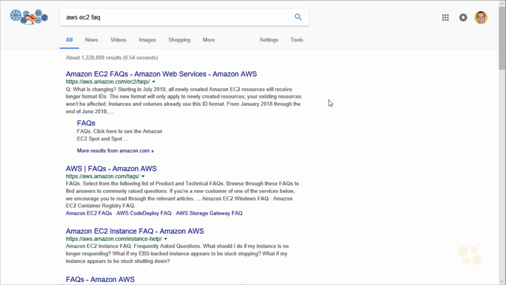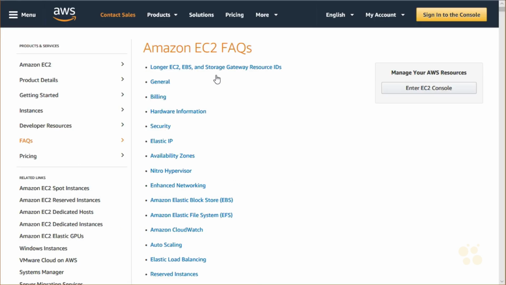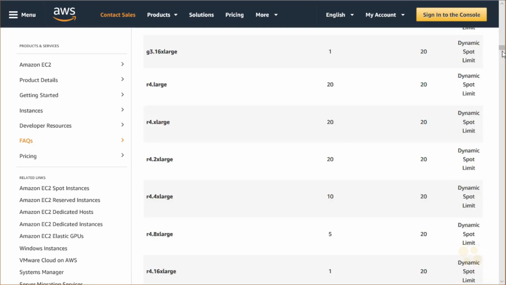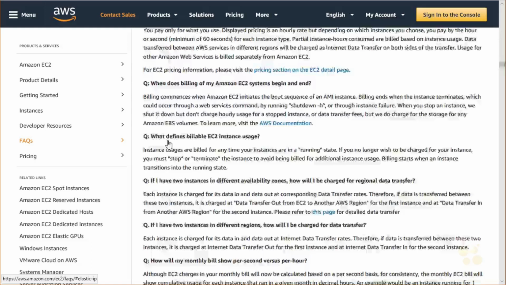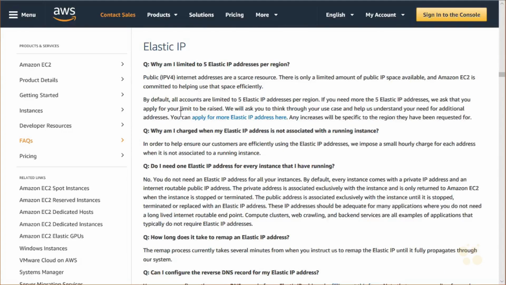Let me demonstrate this. I did a Google search here on AWS EC2 FAQ, and the very first link brings us to the frequently asked questions area for EC2. Notice there's so much to Elastic Cloud Compute that we get a whole bunch of different categories in that one subject area. So for example, if I'm struggling with the concept of what an elastic IP address is, I can jump right to that section and I can read the frequently asked questions that Amazon gets on this subject of